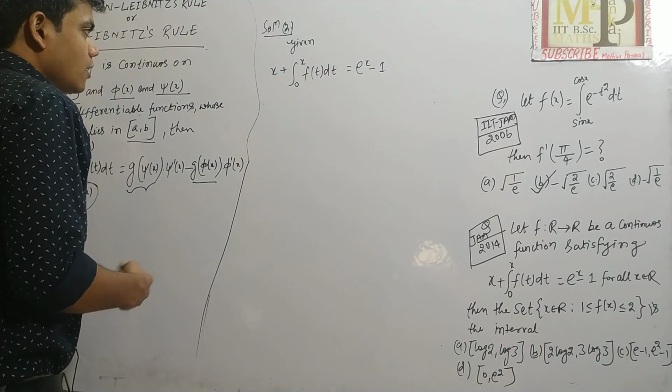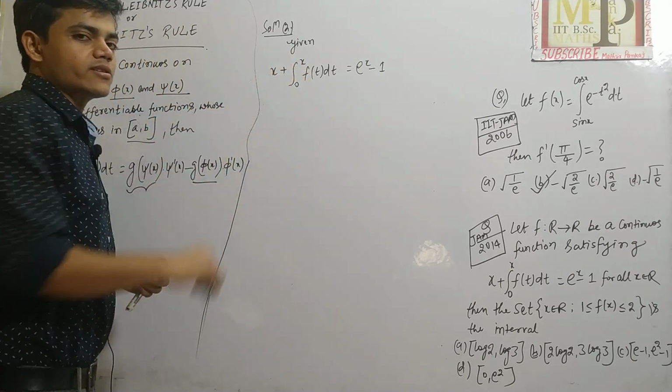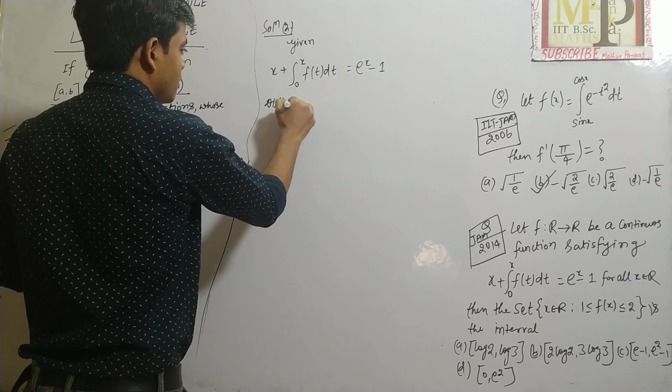Okay, so we need to find f(x), so we have to get rid of this integral sign, and for that what shall we do? Differentiating both sides